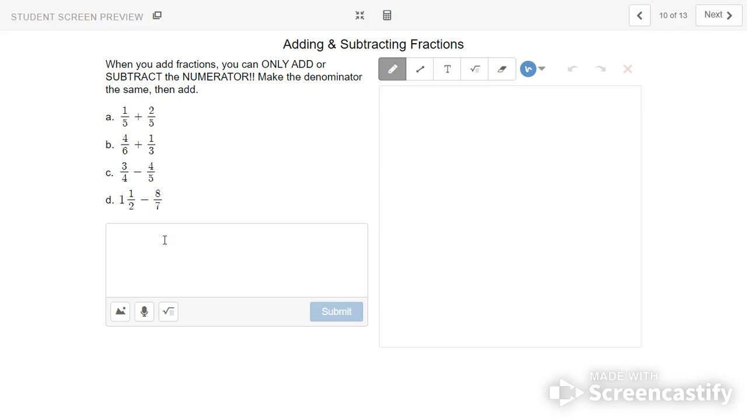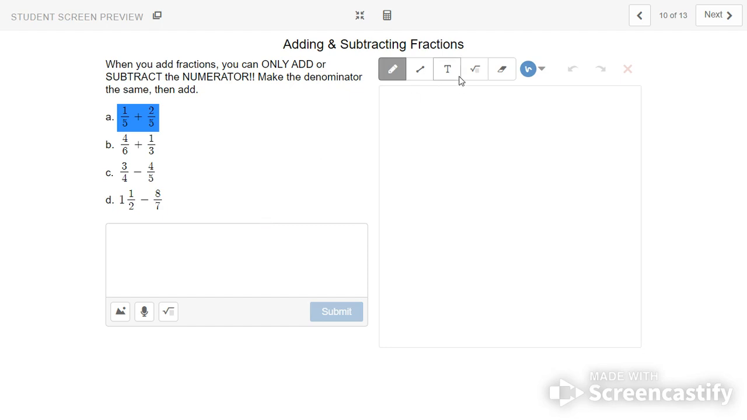Let's talk about adding and subtracting fractions right now. There is a rule when you're adding and subtracting fractions. You can only add or subtract the numerator, so the numbers that are on top. And we can only add and subtract them when the denominator is the same. So in our first question here,